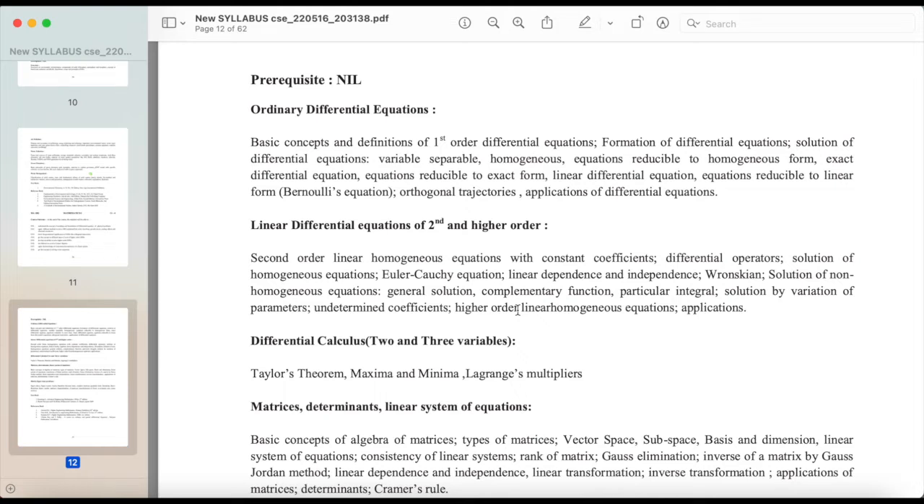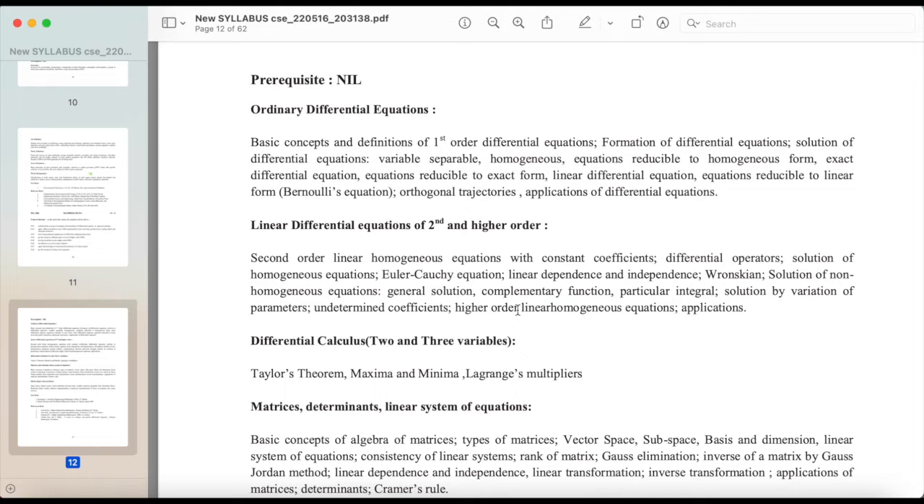order: second-order linear homogeneous equations with constant coefficients, differential operators, solution of homogeneous equations, Euler-Cauchy equation, linear dependence and independence, Wronskian, solution of non-homogeneous equations, general solution, complementary function, particular integral, solution by variation of parameters, undetermined coefficients, higher order linear homogeneous equations, applications. Differential calculus of two and three variables, Taylor's theorem, maxima and minima, Lagrange's multipliers. Matrices, determinants, linear